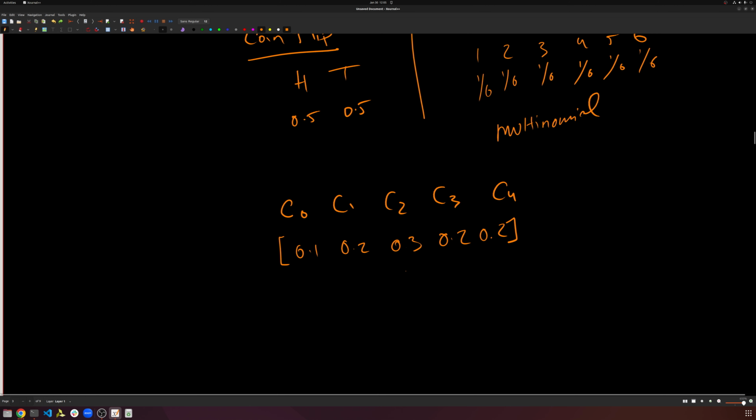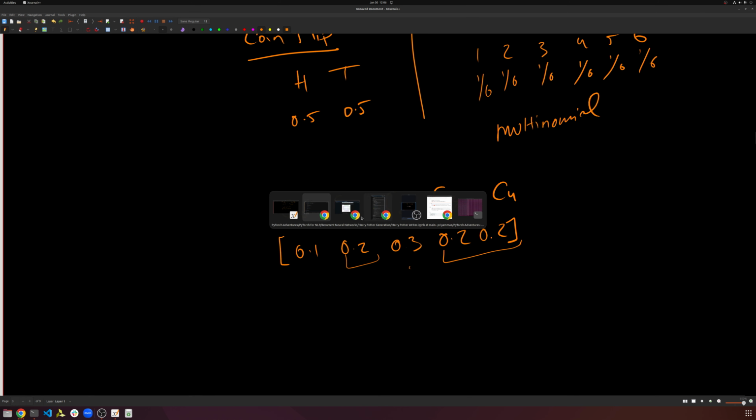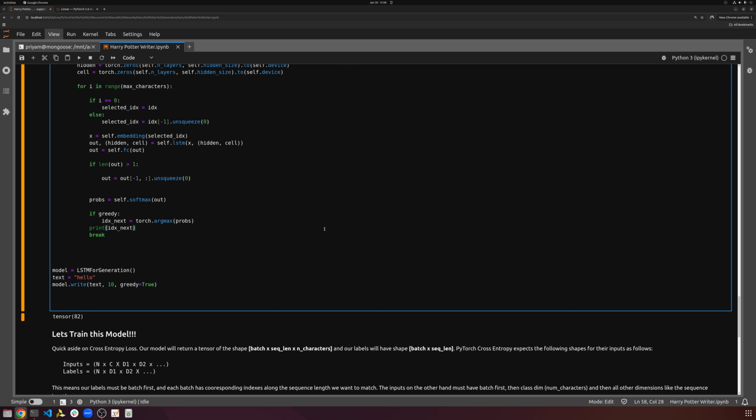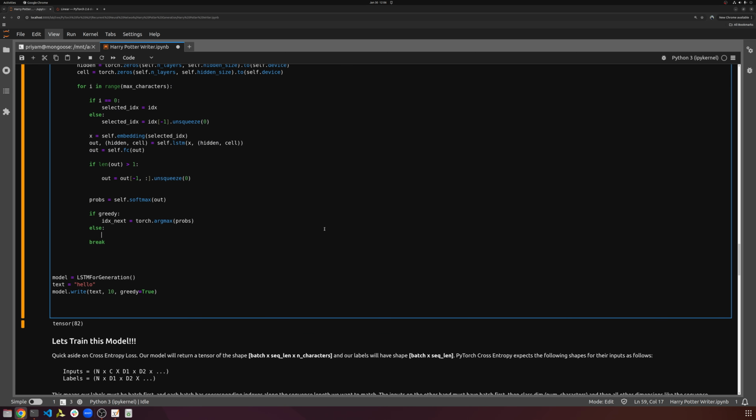They may be fine. So we can randomly sample, and obviously when you randomly sample with a multinomial distribution, you're most likely going to pick the highest probability thing. But sometimes you'll also grab other stuff because it's random. And that typically could help with our generative process. So again, it lets us explore more possibilities of generations, and we're not just limited by the argmax operation. So that's all. So we're going to do else, idx next is going to be